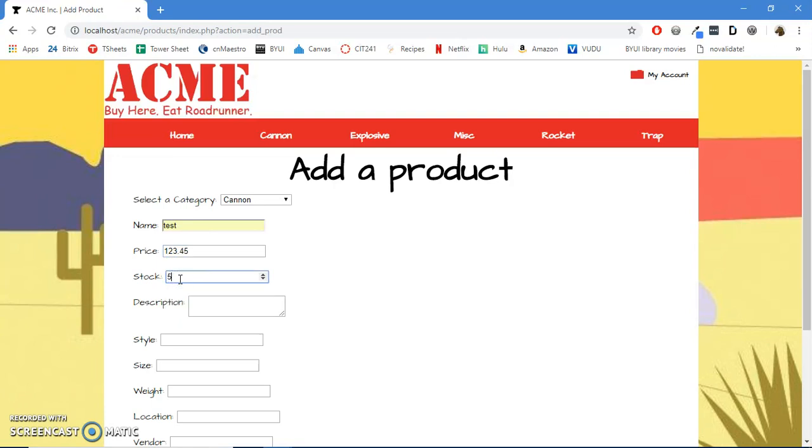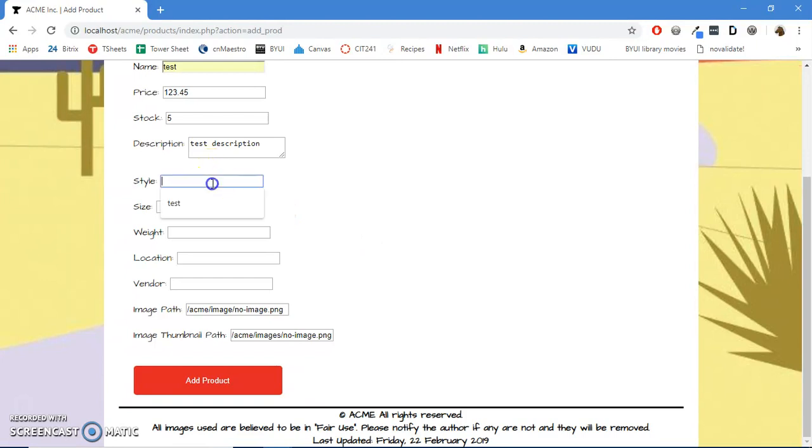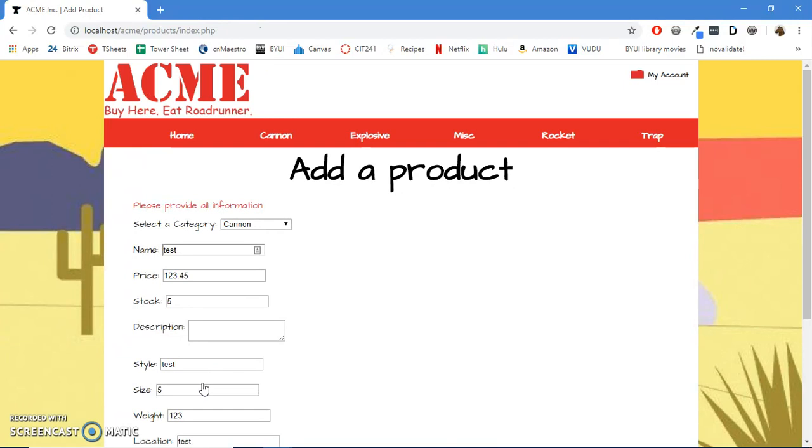123.45, stock of 5. We'll just put a test description. That's not how you spell description. Something about like that. Style of test as well, and a size of 5, and a weight of 123. Location of test. If we leave, for instance, just the vendor key empty, if we go to add the product,